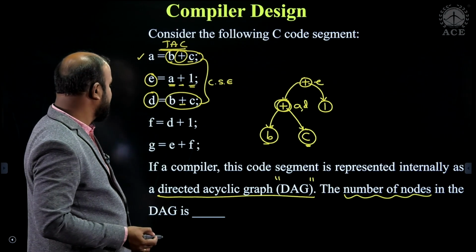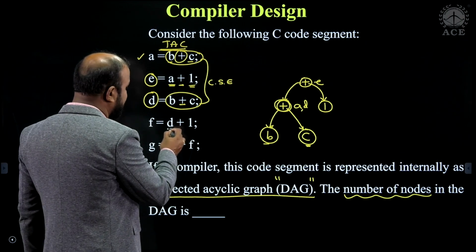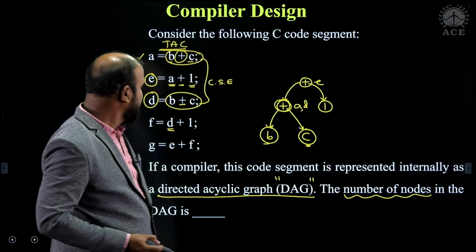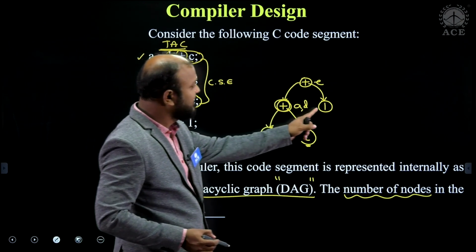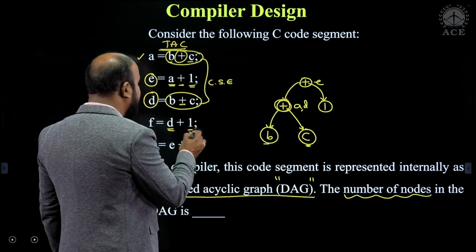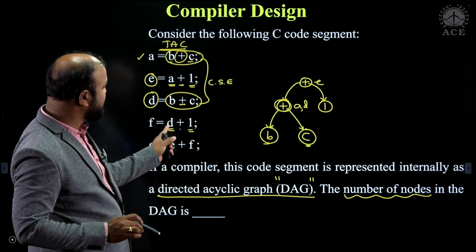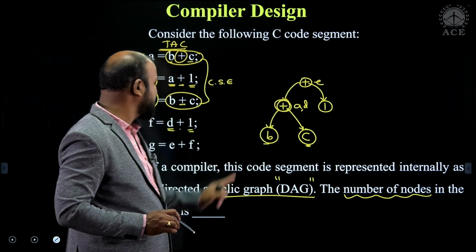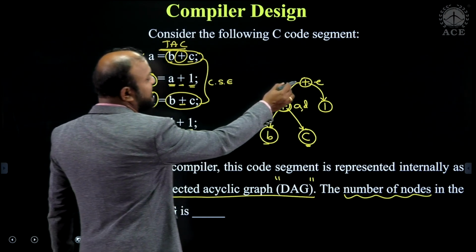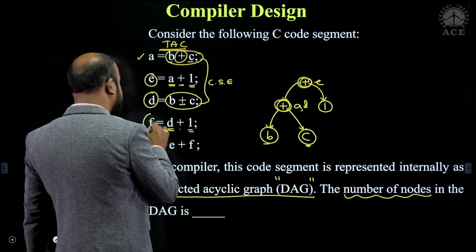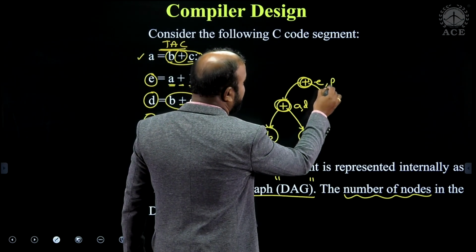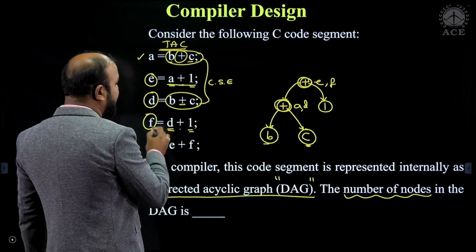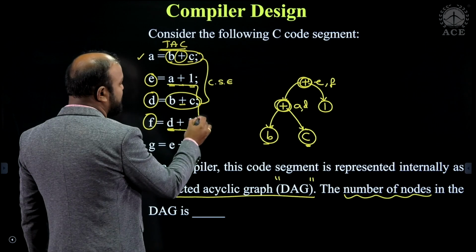Coming to the fourth statement, create a node D if it is not already there. Here D is already there. Create a node 1, already there. Create a node plus whose adjacent nodes are D and 1. Plus is already there, whose adjacent nodes are D and 1, also there. Now name the node with the result, that is F. It means E equal to A plus 1 and F equal to D plus 1. These two are also called